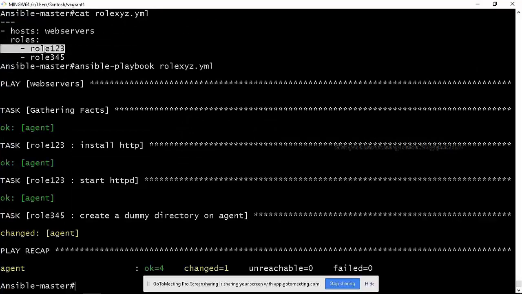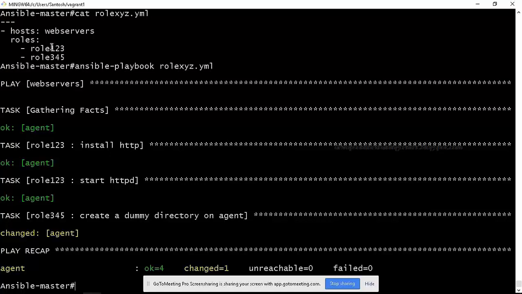So this role 1 to 3 can be a common role which has a lot of tasks like installing SSH, setting the password, creating the users, creating the configuration files, etc. Then this can be your actual role, which is like installing httpd, copying some website data, copying some jar files, copying some var files, restarting the processes, all that stuff. Okay?